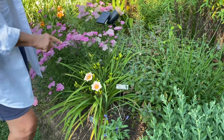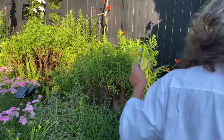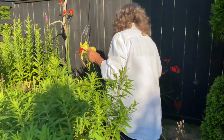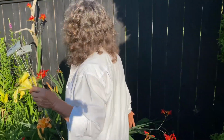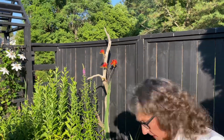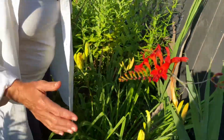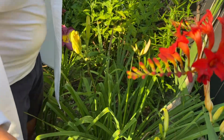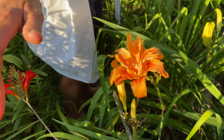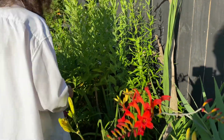This daylily is gorgeous. And I'm going to walk in front of you, Reg, because back here, look at this. I think this is so stunning against this black fence. This is Crocosmia Lucifer. Oh, and against that little piece of driftwood. Do you want to walk back in here? This is a sweet little area, Reg. Look at this. People don't see back in here. But these colors of this double daylily, I just call it a double petaled daylily, against the Crocosmia, gorgeous. And then you get back in here and you can see